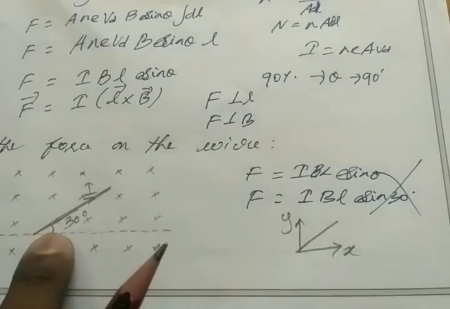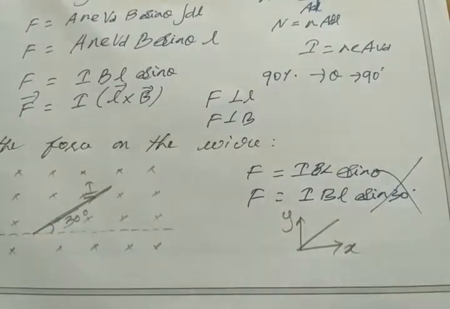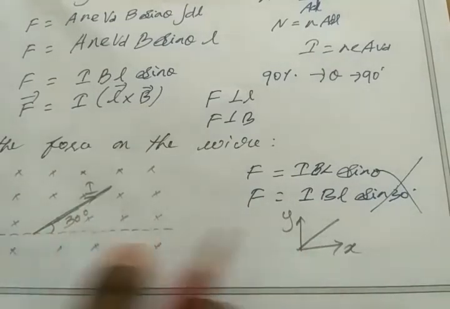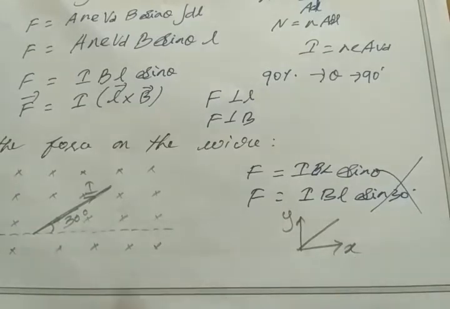This 30 degree has nothing to do with this problem. This 30 degree is unwanted data. We don't need any horizontal line. In order to confuse you, they give this horizontal line. This horizontal line has nothing to do with this problem. Here our main concern is about the theta.